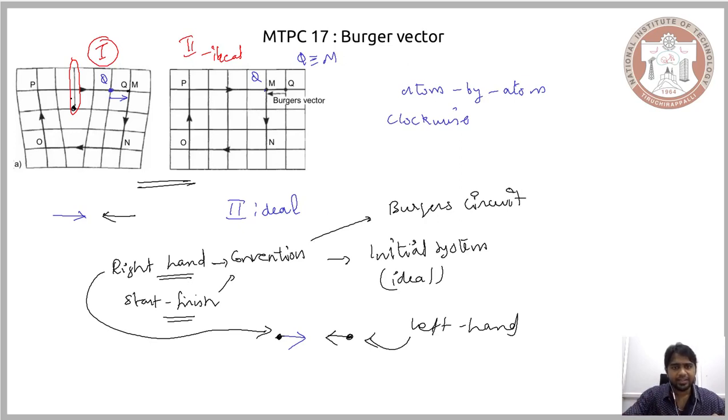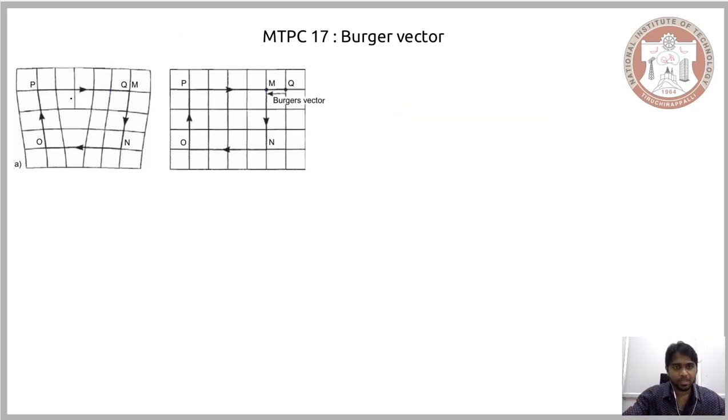Now, in that case, we need to distinguish, using this Burgers circuit and Burgers vector, the positive edge dislocation from the negative dislocation. So how can one distinguish that? Let us answer that question now. In order to construct the Burgers vector, we followed two particular steps. The Burgers circuit is characterized by two particular features. One is the direction that you take to construct the circuit.